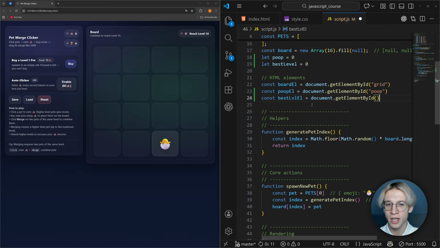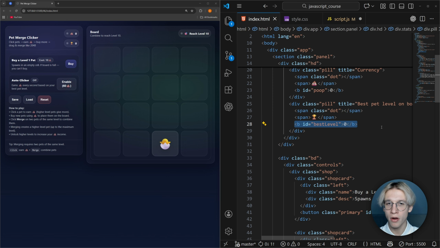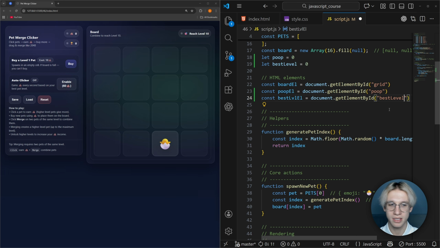You can write the full name of this variable like best level element. I have very little space on my screen, so I need to have short and concise variables. Inside of our HTML element, I see the B tag with the ID of best level. So this is the variable that we need to change in our JavaScript. I paste the ID best level to this function,